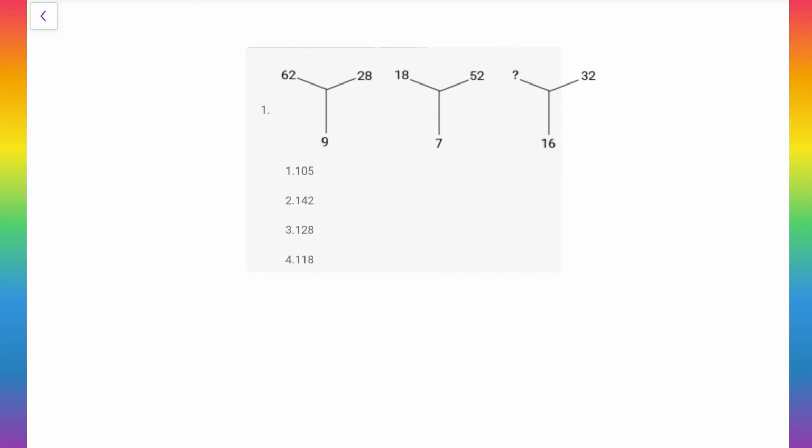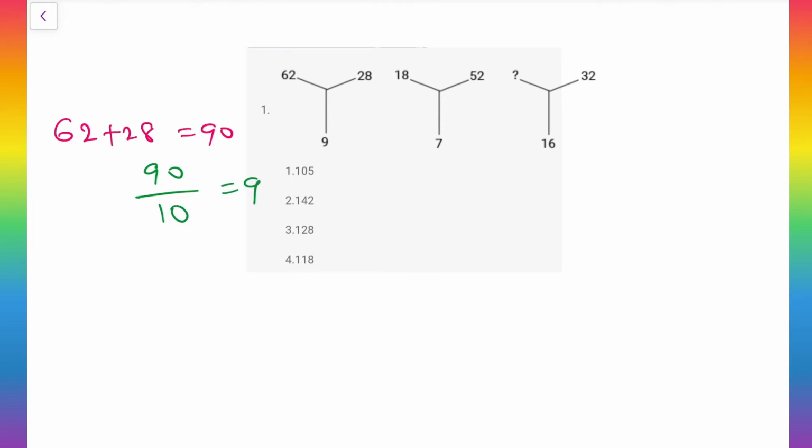Okay, now let us check one by one. First, I will go with the addition anyway. That is 62 plus 28. 62 plus 28 is nothing but 90. So for 90 and this number 9, what is the logic? It is 10 times. I will go with another color, it's better. The number 90, I will divide by 10 so that we will get 9.